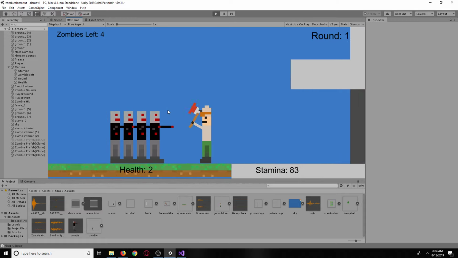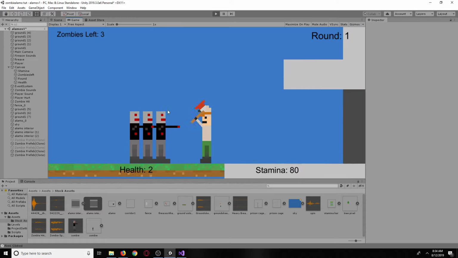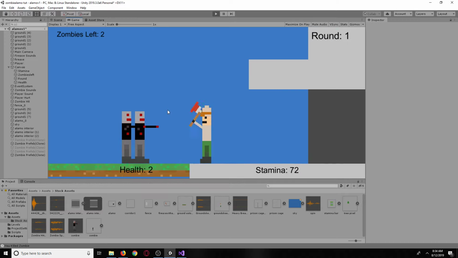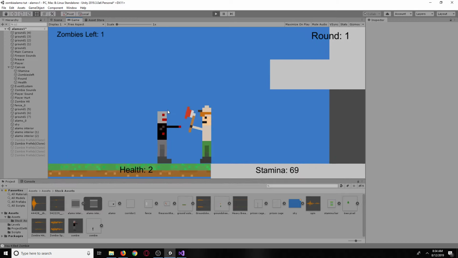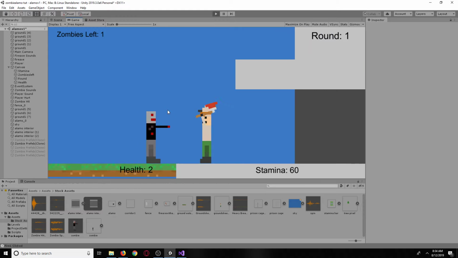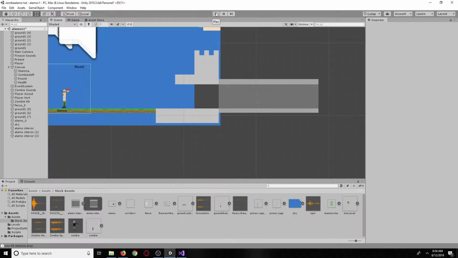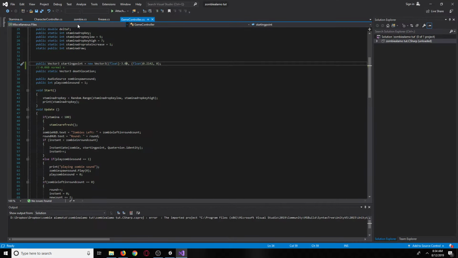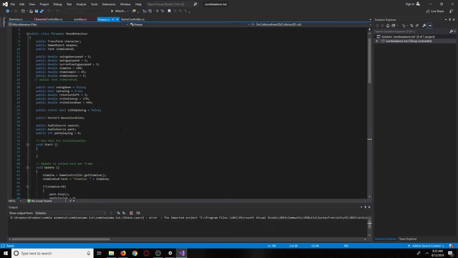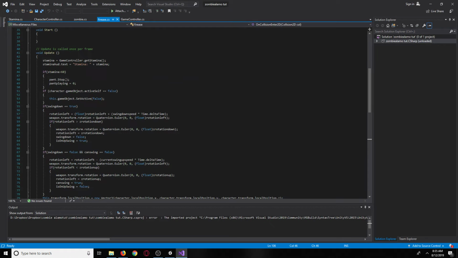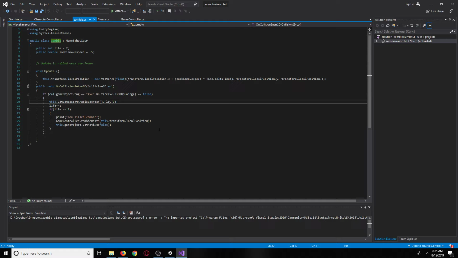Oh yeah, aren't we also supposed to increase the speed of the zombies per level? That's one thing that we were supposed to do here. So number of zombies per level and slight speed increase of the zombies. Okay, so let's go ahead and do that. Let's bring up our scripts here. So who controls that? Zombie move speed. Okay, so basically at the end of each round, we're gonna have a